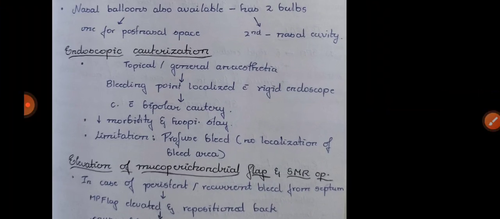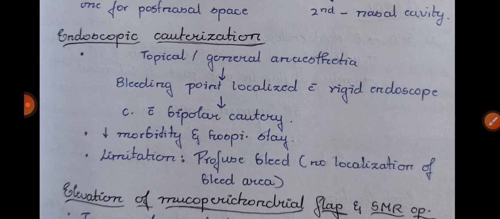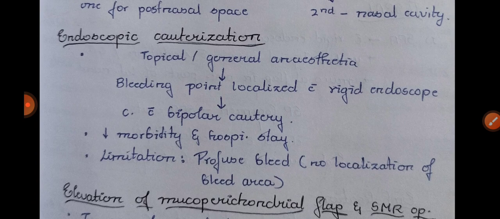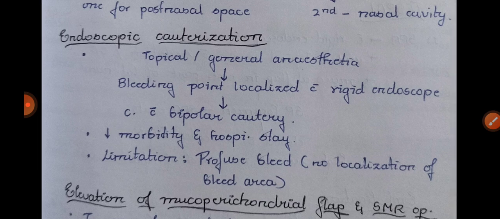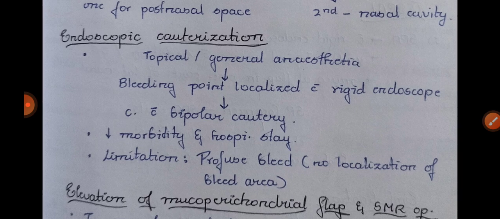Next, endoscopic cauterization. Topical or general anesthesia is given. The bleeding point is localized with a rigid endoscope, and with bipolar cautery we will cauterize the bleeding site. There is decreased morbidity and the hospital stay is shortened. The limitation is profuse blood, with no localization of the bleeding area. If there is profuse bleeding, you can't localize where the bleeding is from. That's why it's